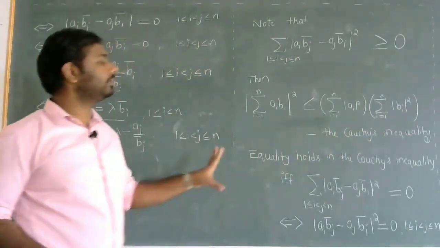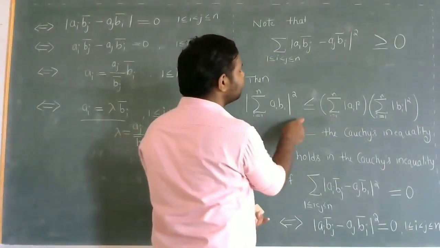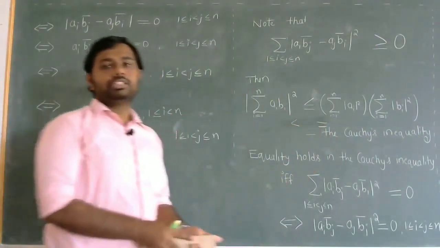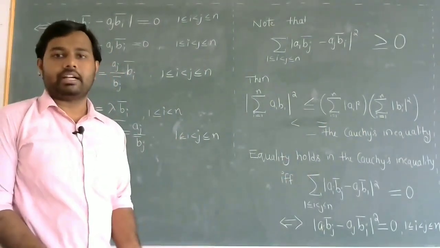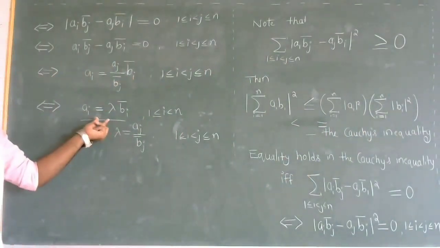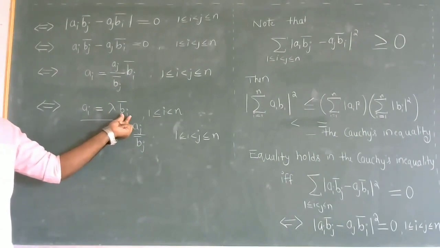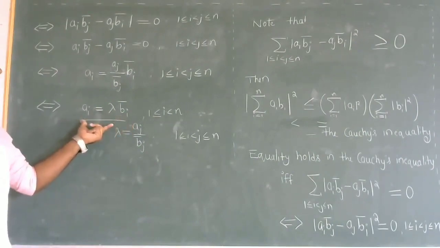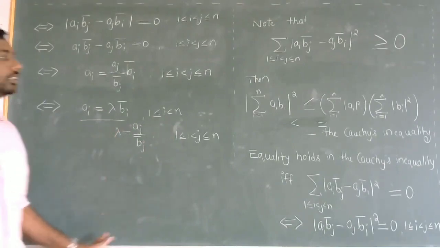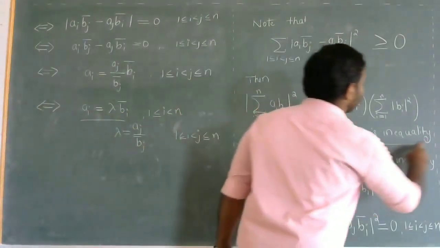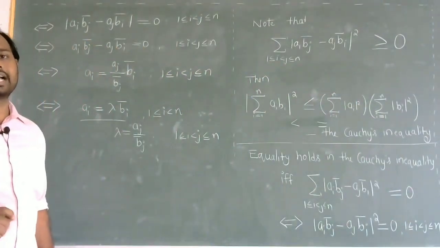So this we have just observed as a particular case when equality holds, as there are two possibilities here, less than or equal to. So it is a direct question when equality holds, and the answer is if ai's are scalar multiples of bi bar. If this is true, then equality holds. So this is the first method of getting the Cauchy's inequality, where we have used the Lagrange's identity.